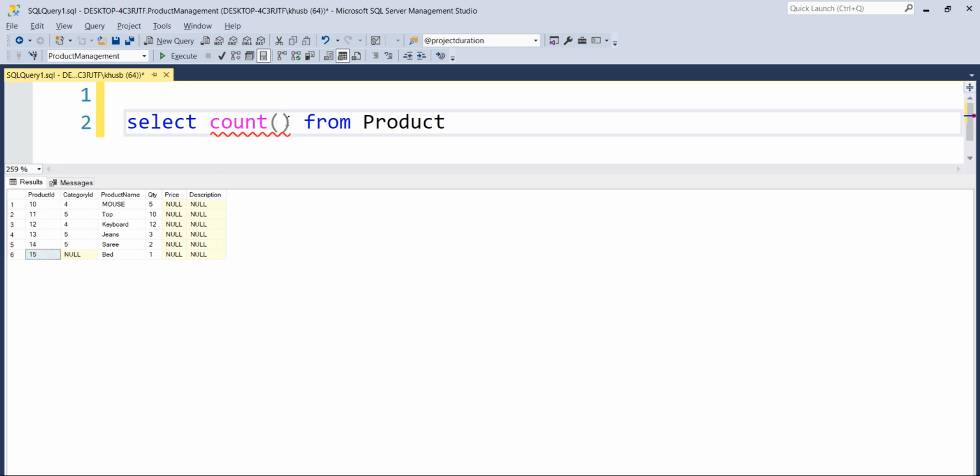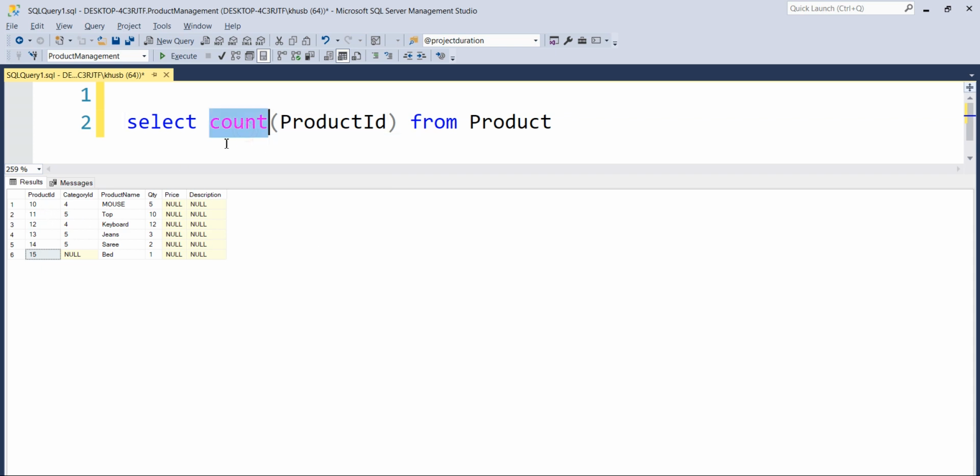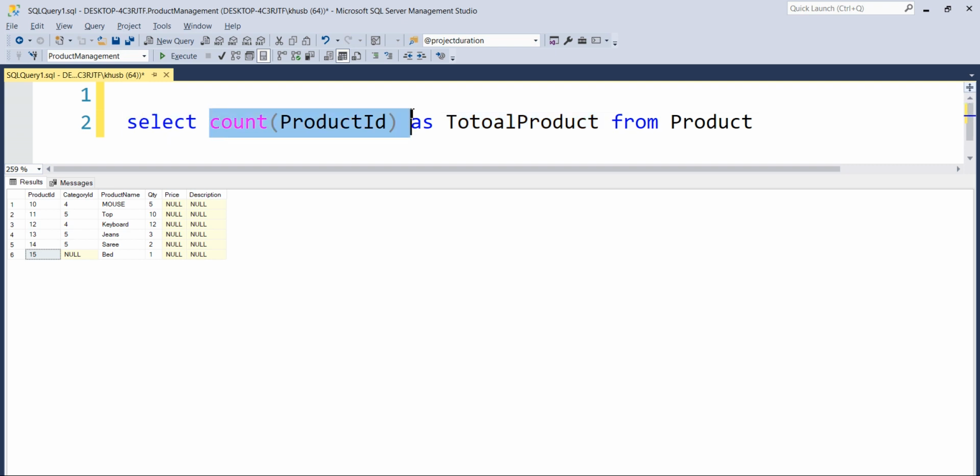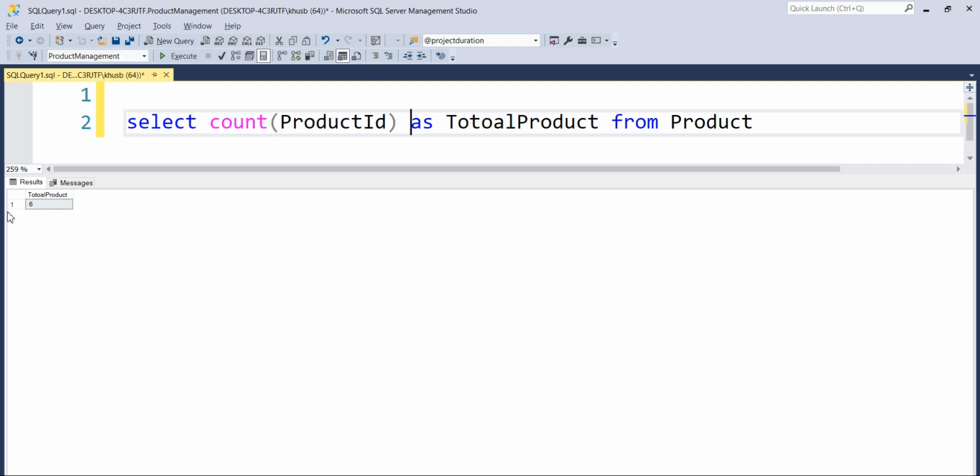So this count function is going to count all the product IDs one by one: first 1, then 2, 3, 4, 5, 6. So it is going to return 6. And I want to name this result total product. This is the name of this result. So execute this, and here we go, we have total 6 products.